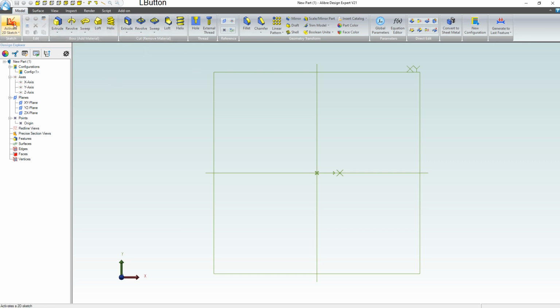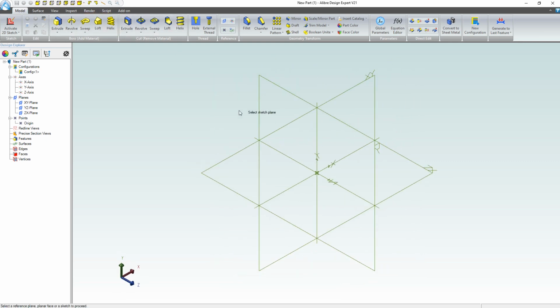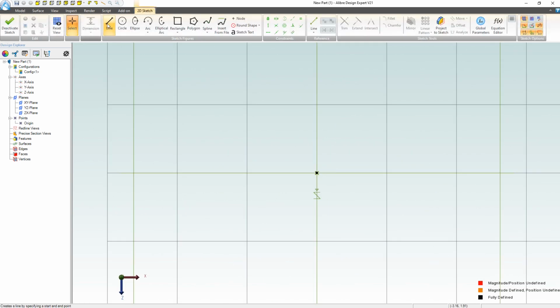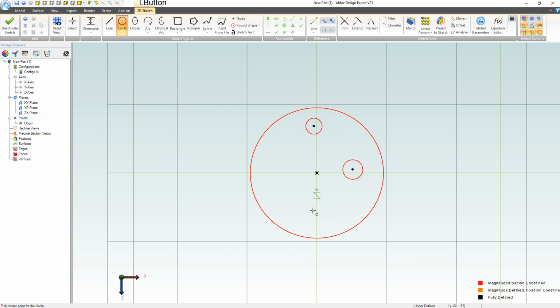So let's start sketching here. I want to activate a sketch, and if I go to a trimetric view, it looks like the views are up here. Oh, isometric, and it looks like our XZ plane would be like our top plane here. So I'm going to create a circle, and we're just going to make the mounting plate for the wheel. Maybe I'll do some other mounting plates here,